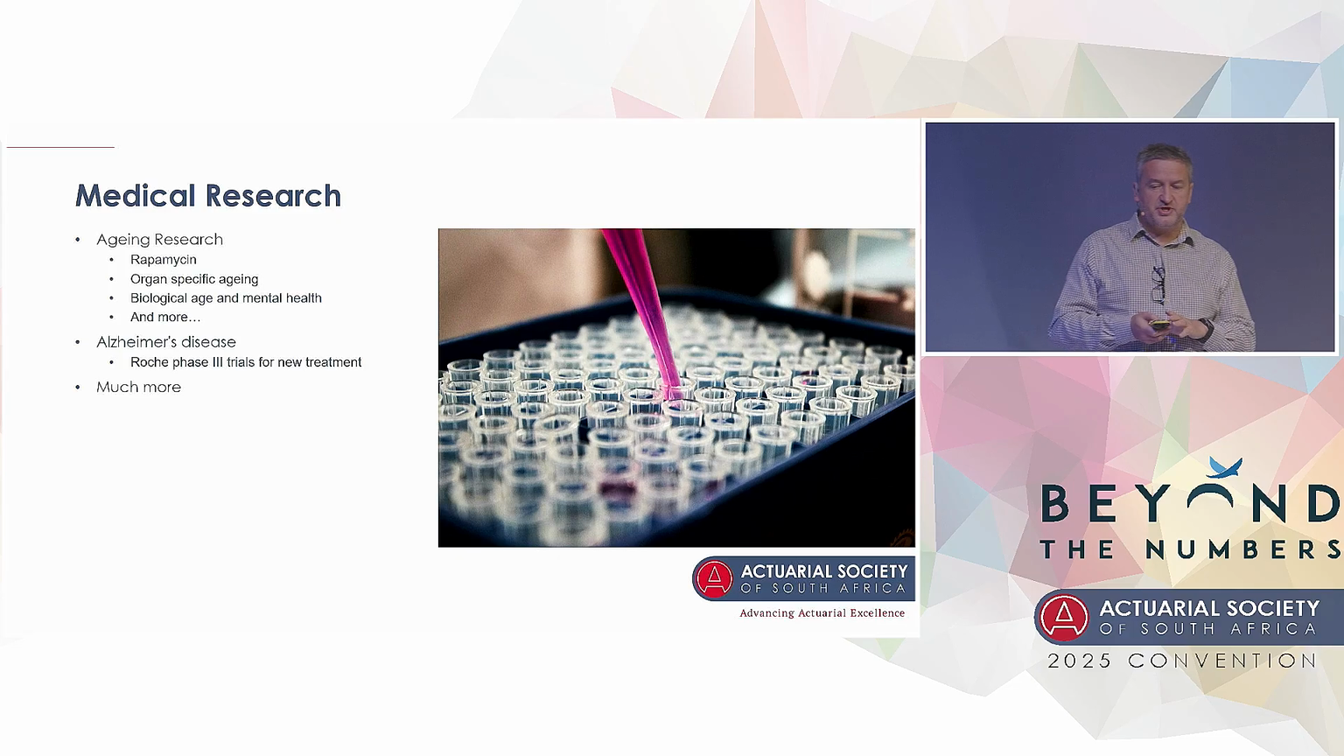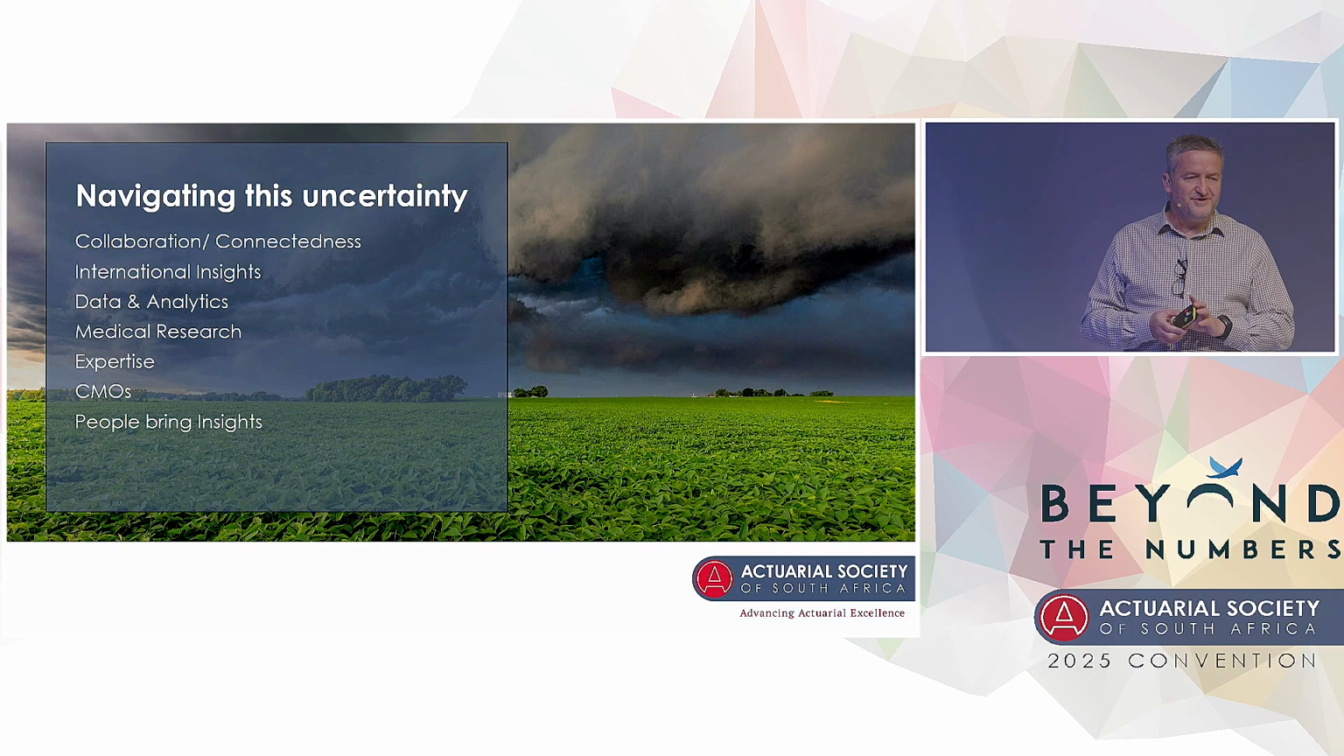There's lots of other medical research going on. I don't know all the details of this. Rapamycin is a drug that targets mTOR, trying to stop an aging gene from activating. Organ-specific aging is another area of study, where people are discovering that different organs have different age profiles, which might contribute to your system. There's a biological age and mental health correlation that people are starting to see, so they're trying to pull mental health into these aging studies. There are also the Alzheimer's drugs, with recent Roche phase 3 trials for a new treatment for Alzheimer's. There are many more of these medical developments down the track, so I think there are some positive long-term things coming. So I just took you on a quick ramble around the sorts of things that could impact